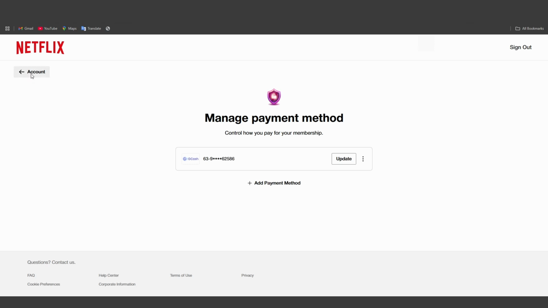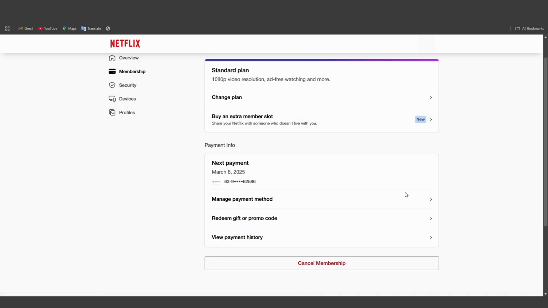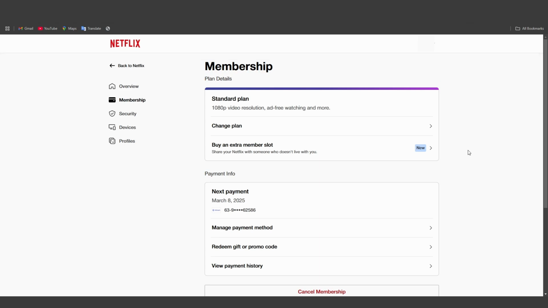So go back to the account. Here in the manage membership, we should click cancel membership. In this case, I won't cancel my membership, but if you should cancel your membership, you should receive a confirmation